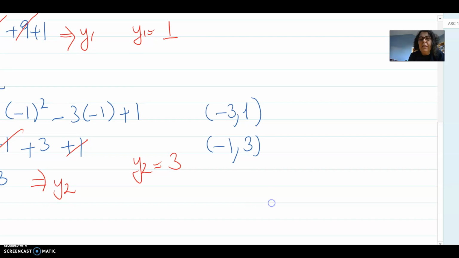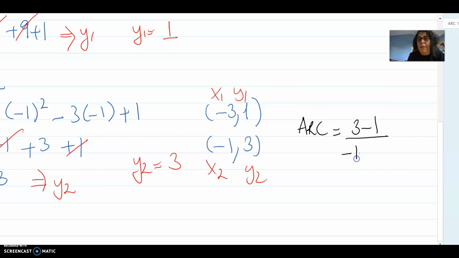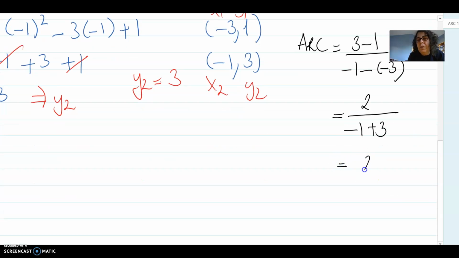Okay, now I'm going to take this couple, x1, y1, x2, y2, then write down the average rate of change. y2 minus y1, 3 minus 1. I have started here, then minus 1. Then I need to go back and start here, -1 minus -3. On top, I have 2. On the bottom, -1 plus 3. Okay? Then average rate of change will be equal to